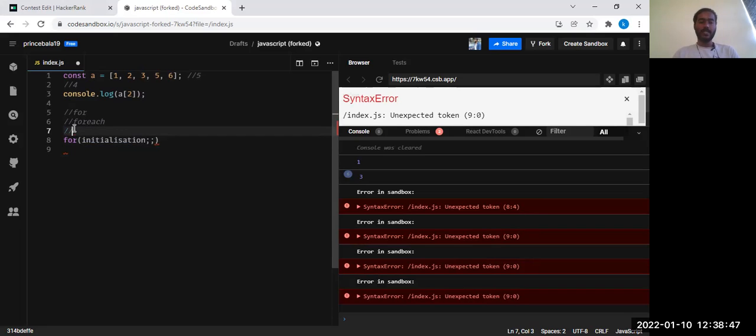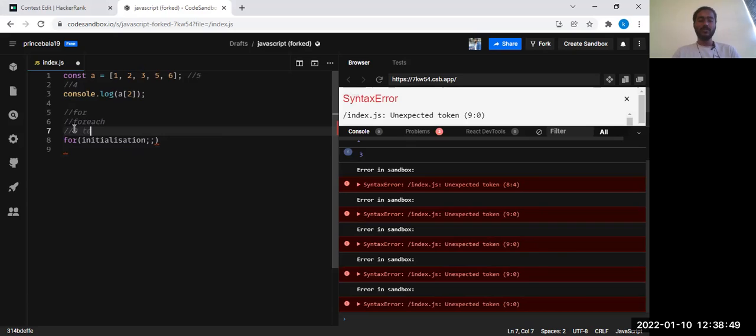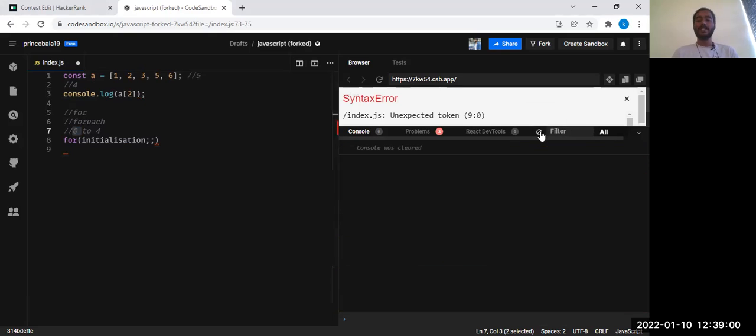As you've seen, it starts from index 0 to 4. If you see, it starts from index 0, 1, 2, 3, 4. So you have to give the initialization of the value to iterate through the array from 0 to 4, because here we are going to fetch the value based on the indexes. So here you need the initialization.